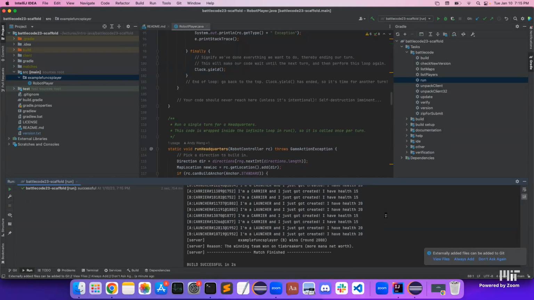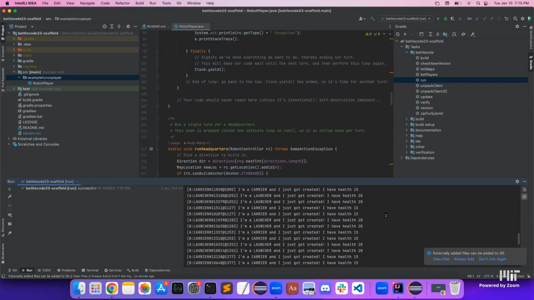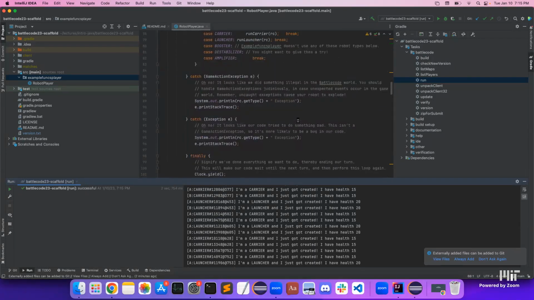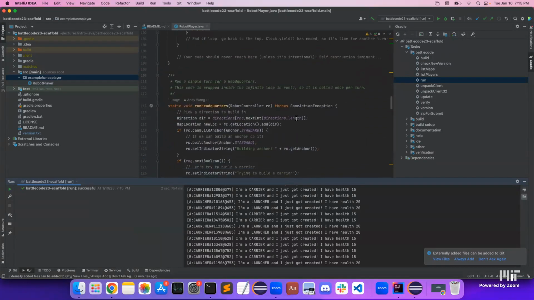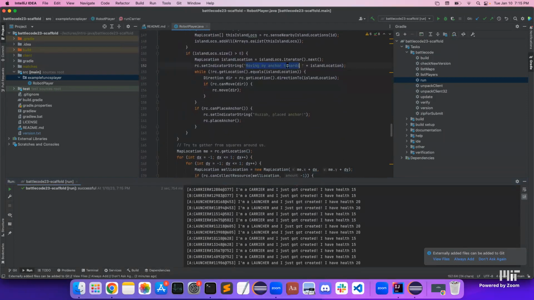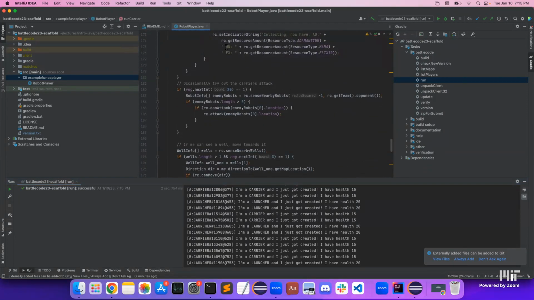So you can sort of see some general logs. These are just robots talking. It comes with the example funcs player. If you want to make sure they don't talk, I guess you can delete the print statements. Or if you want to make them more talkative, you can also add print statements. So if you sort of dig through this code, you'll see like robots saying hello here and all over the